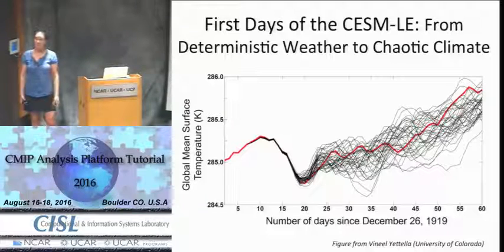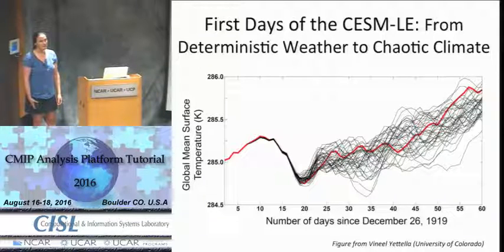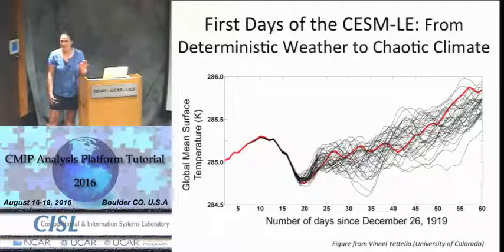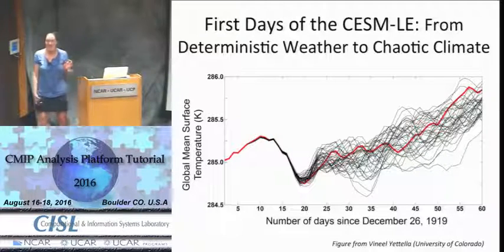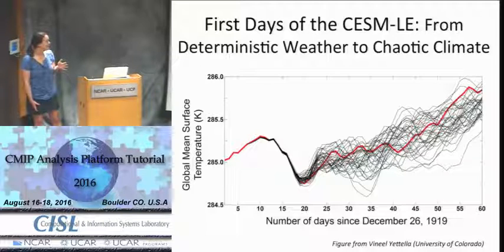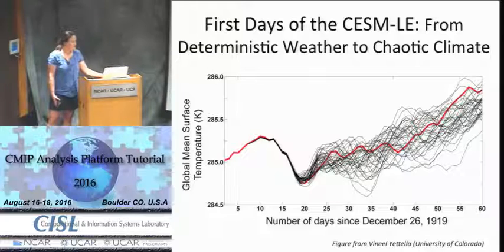I love this plot. So Vineal Yatella, he's a grad student in my group, and he's gotten really interested in predictability. And so he said, I want to look at the beginning of the large ensemble, this plot where you're just showing the global mean temperature over 100 years. I want to see what happened at the very beginning. So he has looked at the global mean surface temperature in the different ensembles, starting from the very first days of the integration. So you can see over the first 20 days of the integration, these ensemble members are really